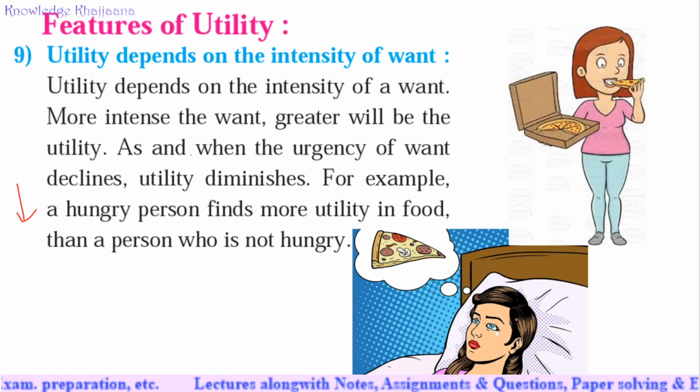See, if the girl shown in the figure is hungry and she is desiring a piece of pizza, she has intensity of her want, right? So utility is higher for her for the piece of pizza, because she was willing for it since many days. We can consider that she was ill and she was waiting for the piece of pizza for many days.